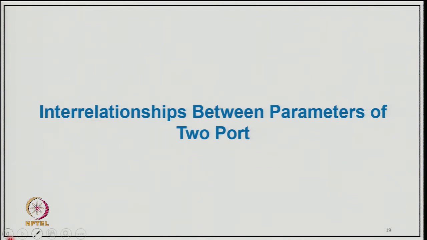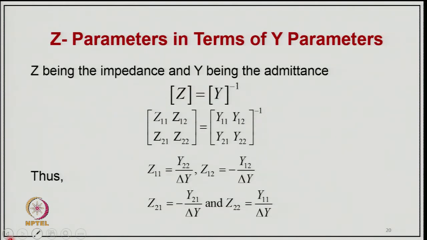Now, coming to the interrelationship between the parameters of the 2 port network. The first example is Z parameters in terms of y parameters, Z being the impedance and y being the admittance. So, the Z matrix is equal to the inverse of the y matrix, and we can expand this matrix in terms of elements Z11, Z12, Z21 and Z22 as the inverse of the y matrix with y11, y12, y21 and y22,